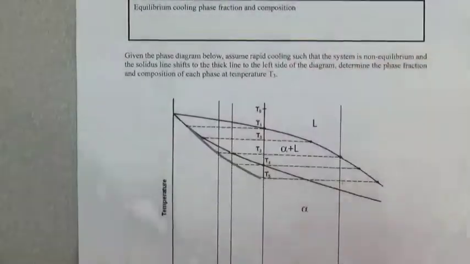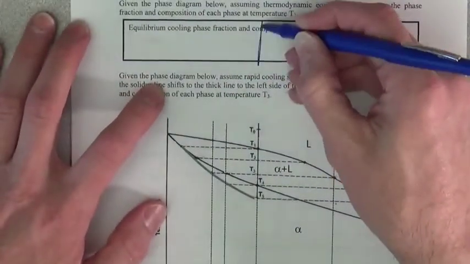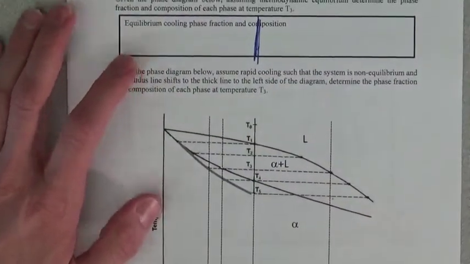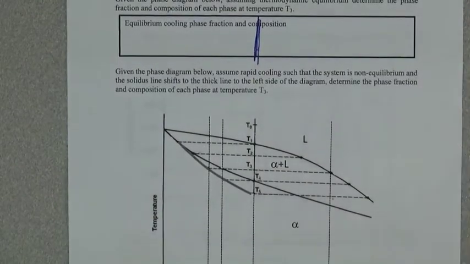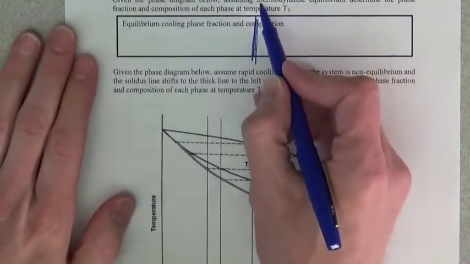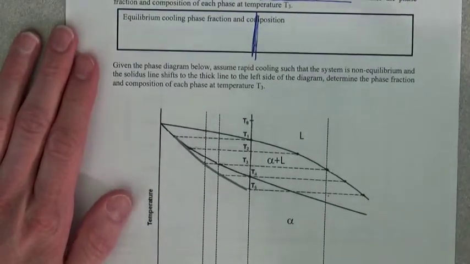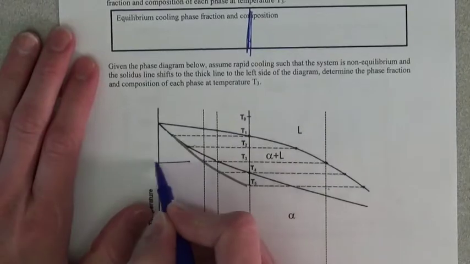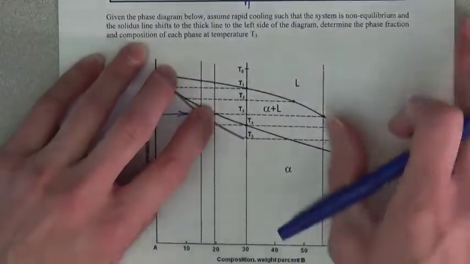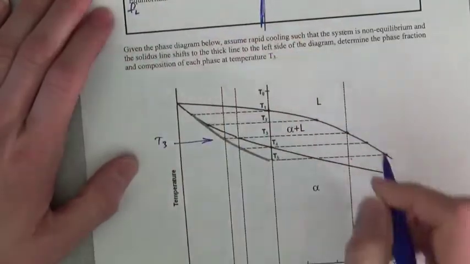Next question. In this next question, I ask again 2 parts, but I only gave you 1 box. So if you wanted to, you could kind of divide that box and have the first part and the second part of the question. The first part is asking us about thermodynamic equilibrium, which means that we can basically read from the phase diagram using the lever rule, and we're at T3, which means that we're going to read the lever rule for liquid, FL